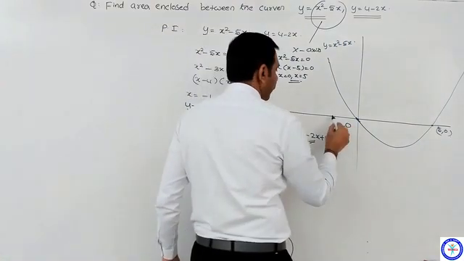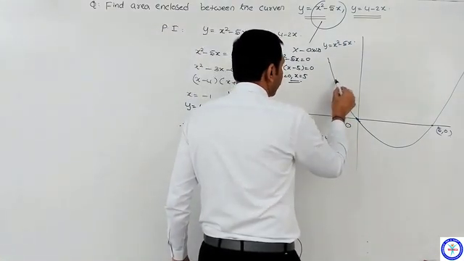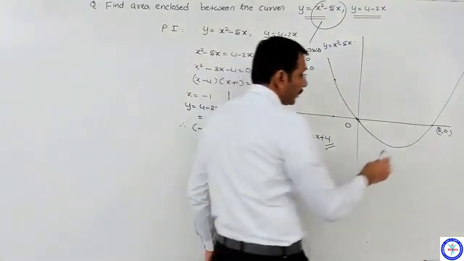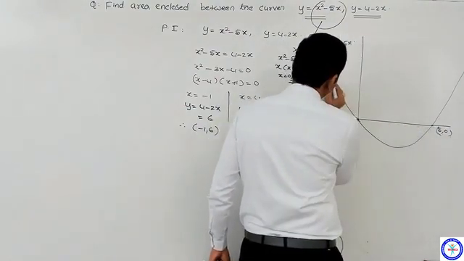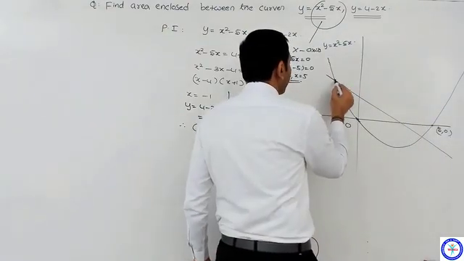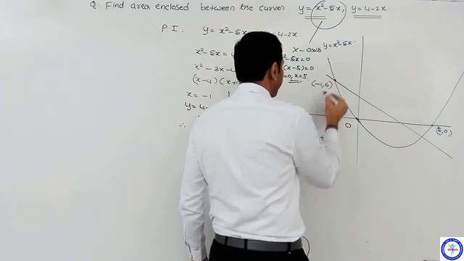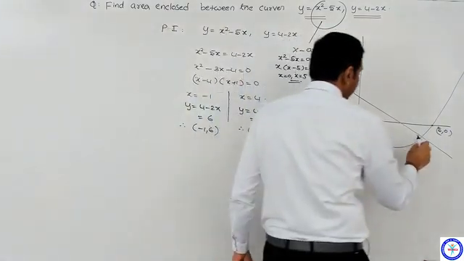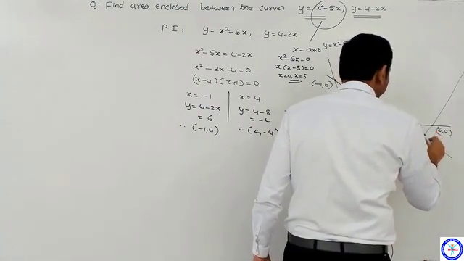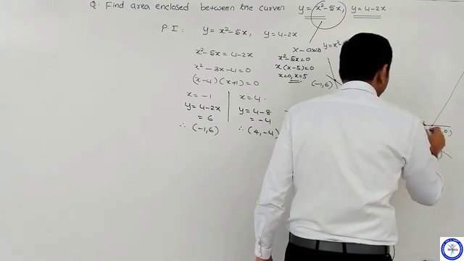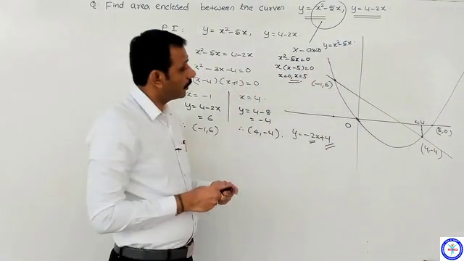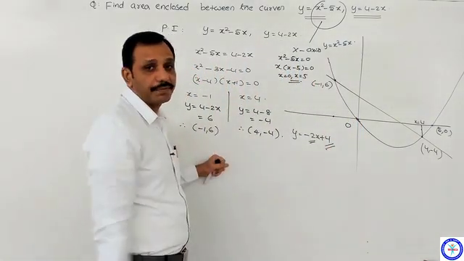Minus 1 comma 6 means if I take somewhere, it is minus 1, definitely somewhere here it is minus 1 comma 6. And 4 comma minus 4 means, because it is 5, 4 means somewhere here it will be. Therefore, this line will be of this type. Here this point of intersection is minus 1 comma 6 and the other point of intersection is 4 comma minus 4. The x coordinate is positive, here it is 4, and the y value minus 4 means somewhere here it is. So, it is the rough diagram of these two curves.